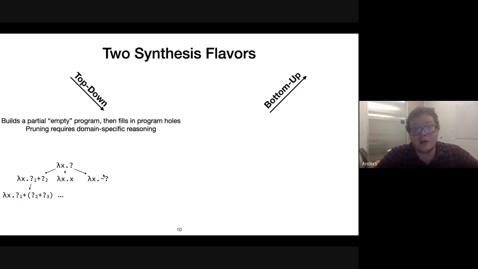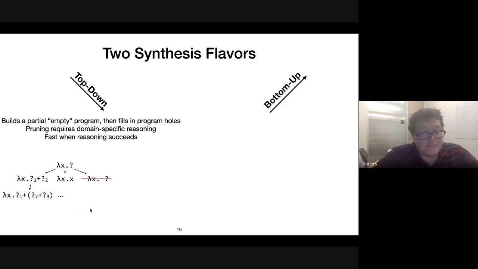And so there's no need to continue searching down them, because just by virtue of the partial program, it's hopeless. So in this case, say I have a specification of no negatives, and maybe in my language you can't negate a negation. So I can just prune out this lambda x dot question mark dot negative question mark immediately. And that has a large impact on the search space, because then I don't look at this program or any of the children of it. And what's nice is that it's really fast when this reasoning succeeds. Top-down synthesizers can be blazing fast.